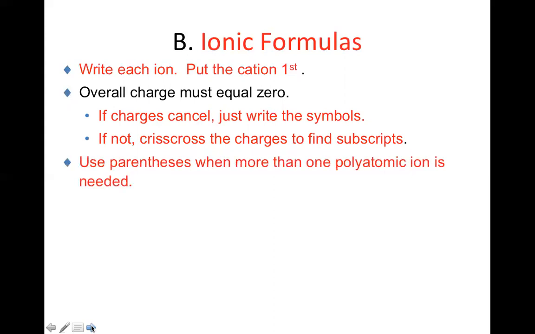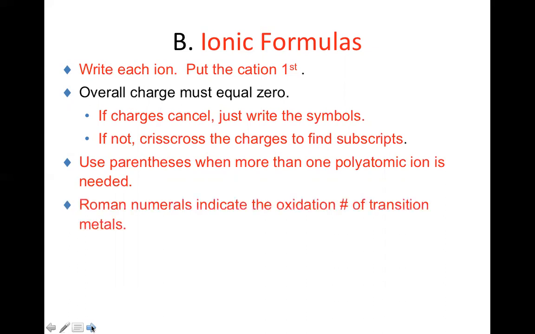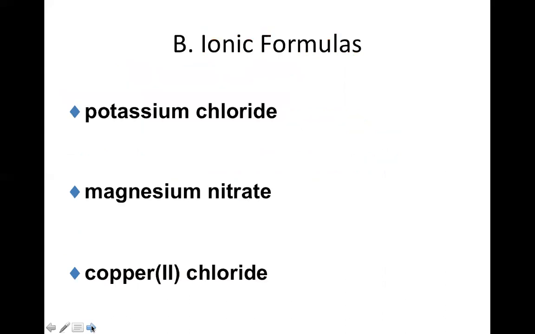And if we are crossing over some number that's not 1, we will use parentheses around the polyatomic ion. We'll look at some examples with that. Roman numerals are still going to be needed for transition metals. And if the subscripts can be reduced, you still want to reduce them. Okay, so